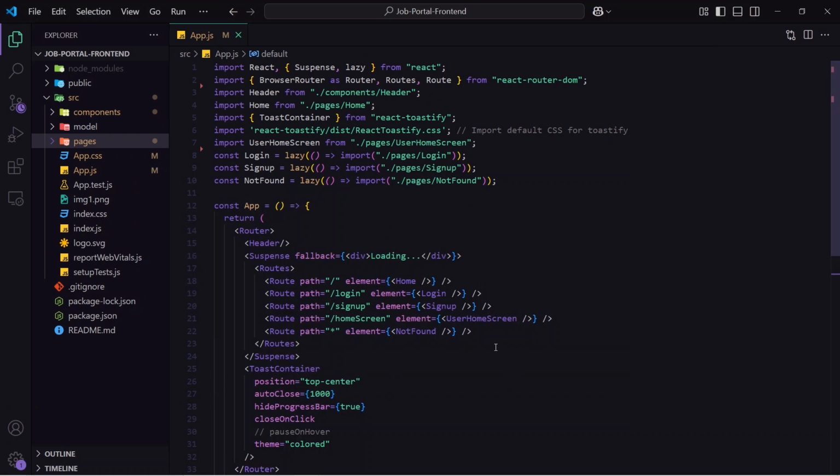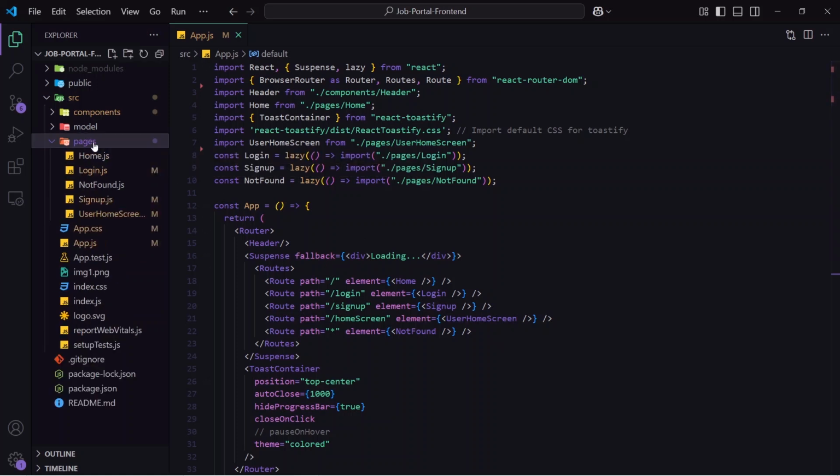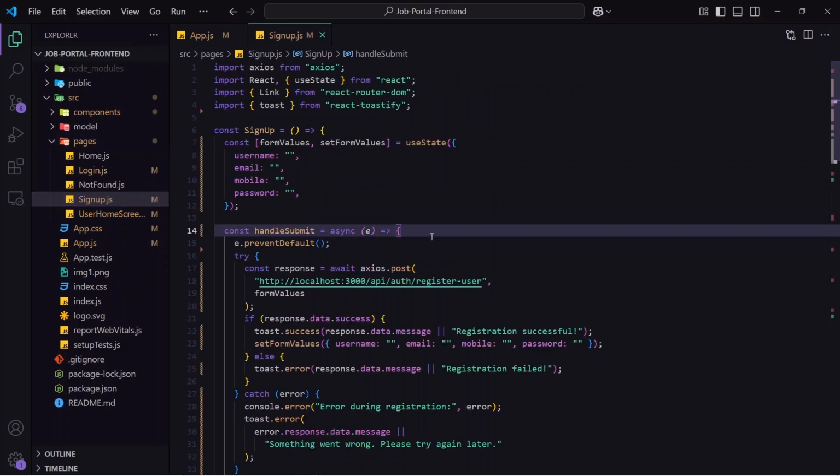Okay, this is my React application, and here I have already done the routing, login, sign up, and navigating to user and all other things. If you want to learn, you can go and check out my previous video. And it doesn't matter if you have a different login structure or sign up structure, you can still follow along with this video. So now I will go to my sign up page,